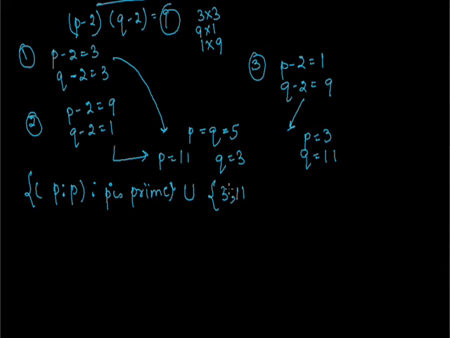3 is to 11 is one case that came from above, as well as 11 and 3 are also the case. So in set theory it will be written like this, and this completes our second question. Now we'll be moving towards the third question.